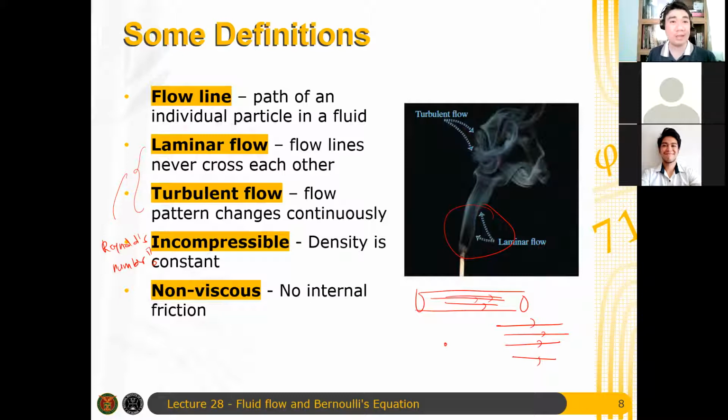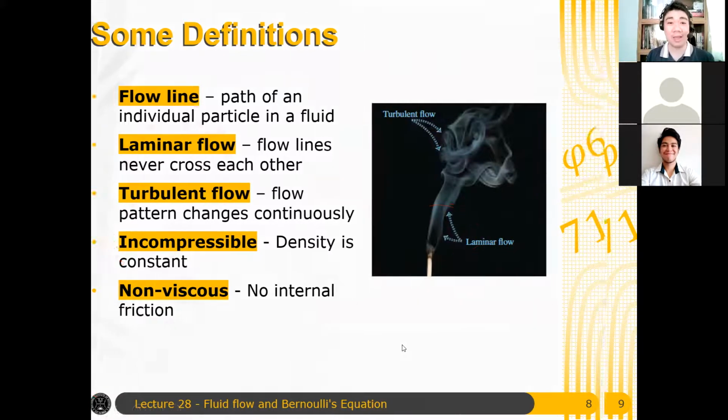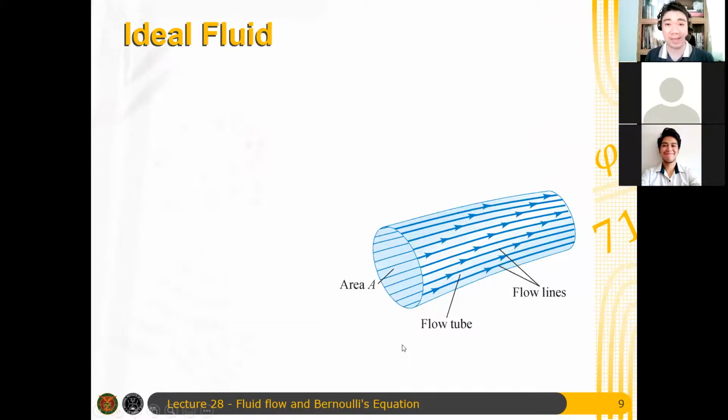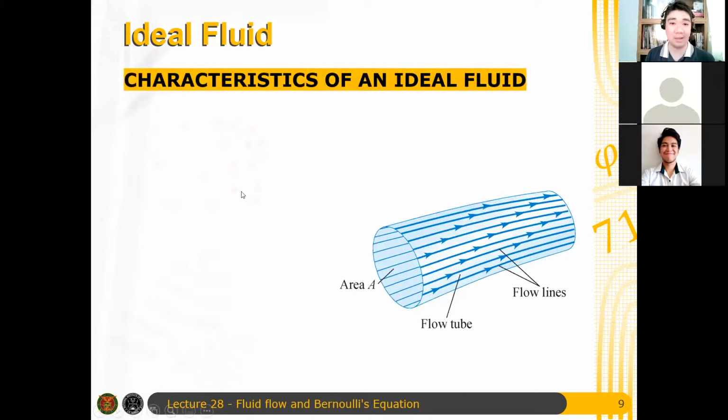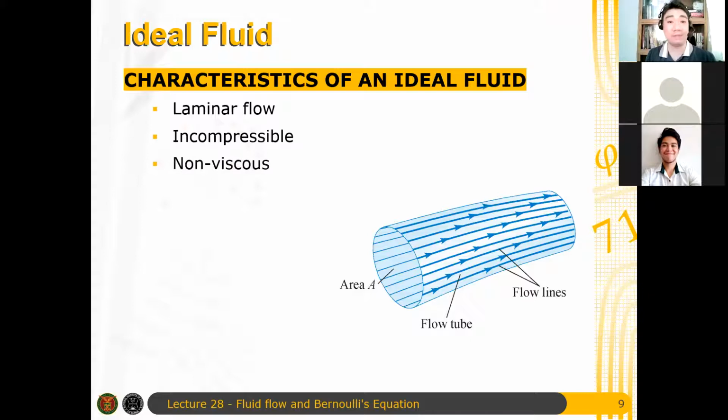Okay, so turbulence is a really interesting topic. It's a really interesting research topic. But for now, let's not focus on it. So why did I define those? Because an ideal fluid is defined as something that, first, is laminar, meaning of course it's not turbulent, therefore the flow lines are parallel to each other. They don't cross. Second, it's incompressible. The fluid is incompressible, therefore the density at any given point in the fluid volume is constant. And at the same time, it is non-viscous.